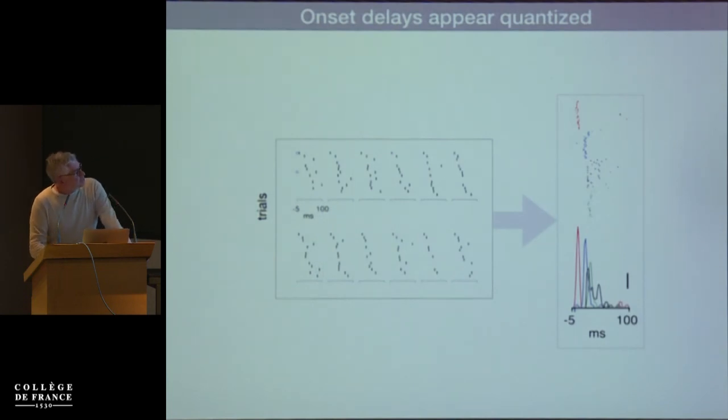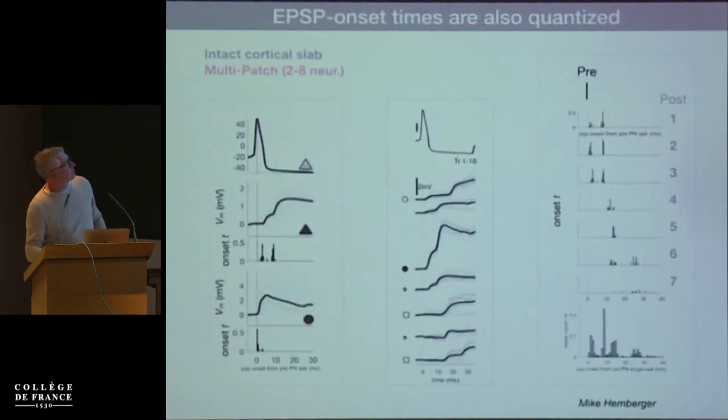So one thing that intrigued us was the fact that there is this sort of quantization of responses. If you bin all these spikes, you can see that they form very narrow modes of activation here. And we decided to look at that in more detail by doing multiple patch recordings from these same slabs of cortex. And here is an example of a set of experiments that Mike did, where he records from 3 cells